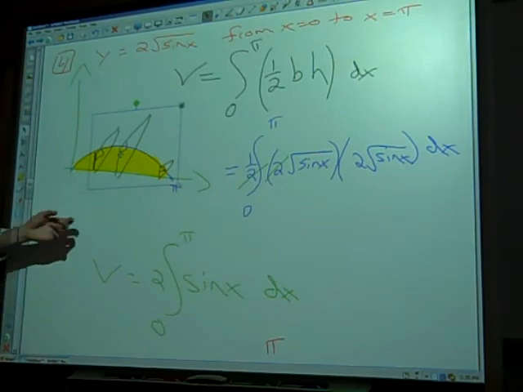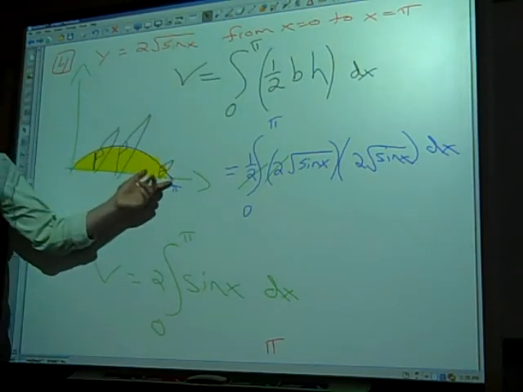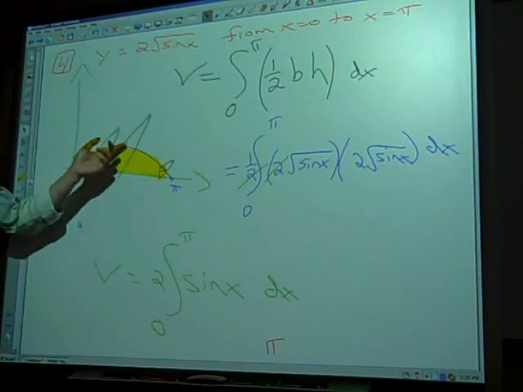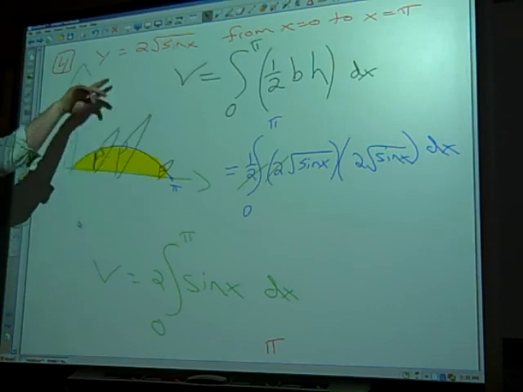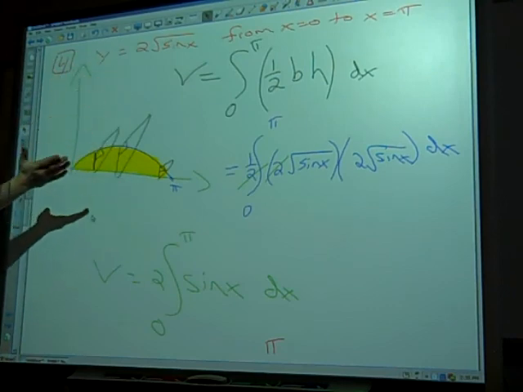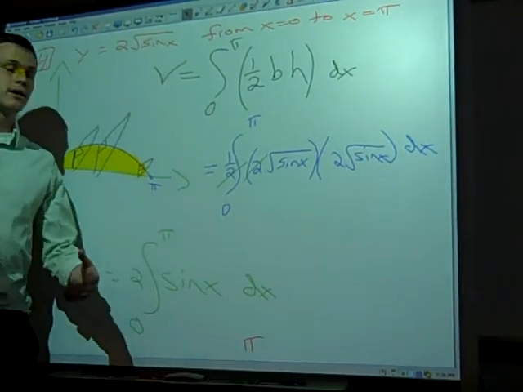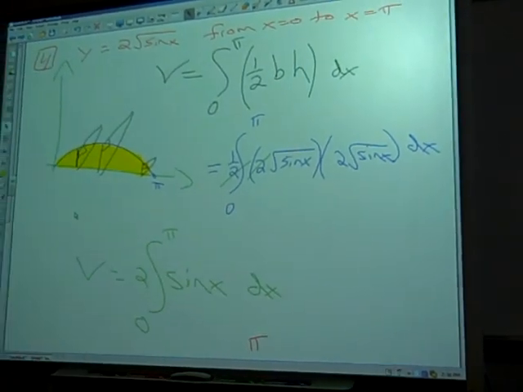So anyways, the point is that most likely it'll be perpendicular to the x-axis. But if it's perpendicular to the y-axis, that just means it's a dy integral, and you have to integrate that way. It's not that big a deal. We just have to practice that a couple times. All right, let's do problem number